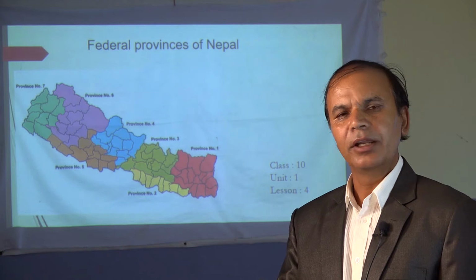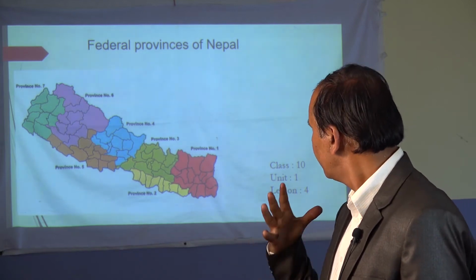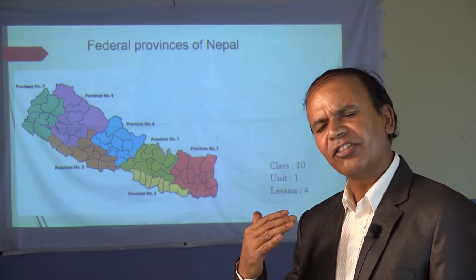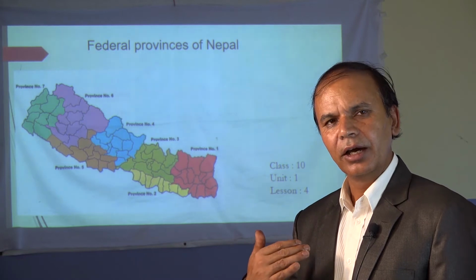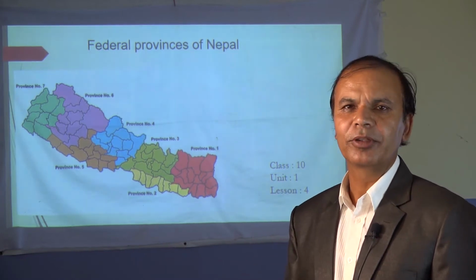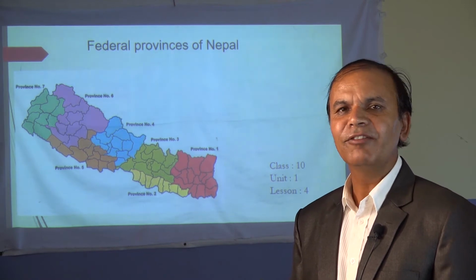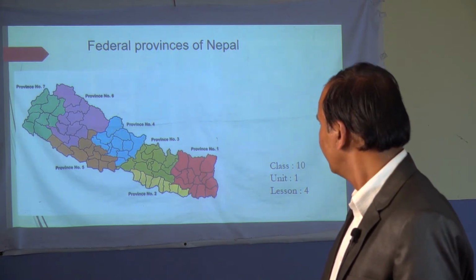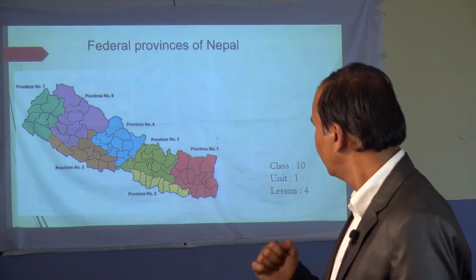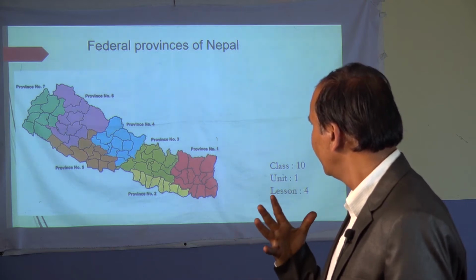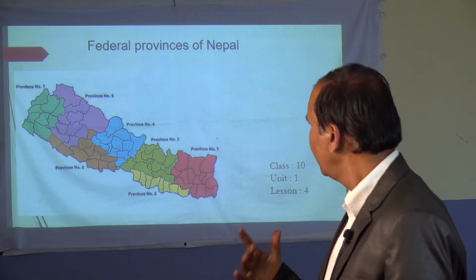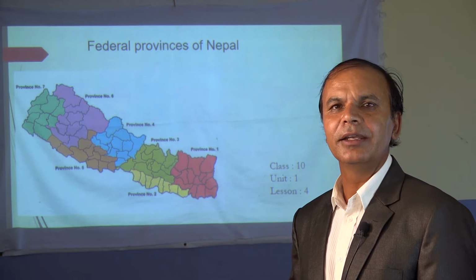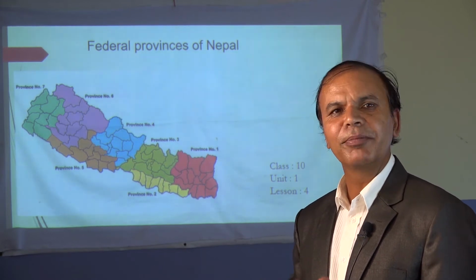Gandaki province is now the fourth province, formerly province number four. It is named Gandaki because the Gandaki river flows here. By the name of the Gandaki river, it has been named Gandaki province. And Nepal has 7 provinces, namely province number 1, province number 2, and then Bagmati province, Gandaki province, and then Karnali province, and there are Sudurpashchim and province number 5. These are the provinces divided in our country Nepal under the federal conception.